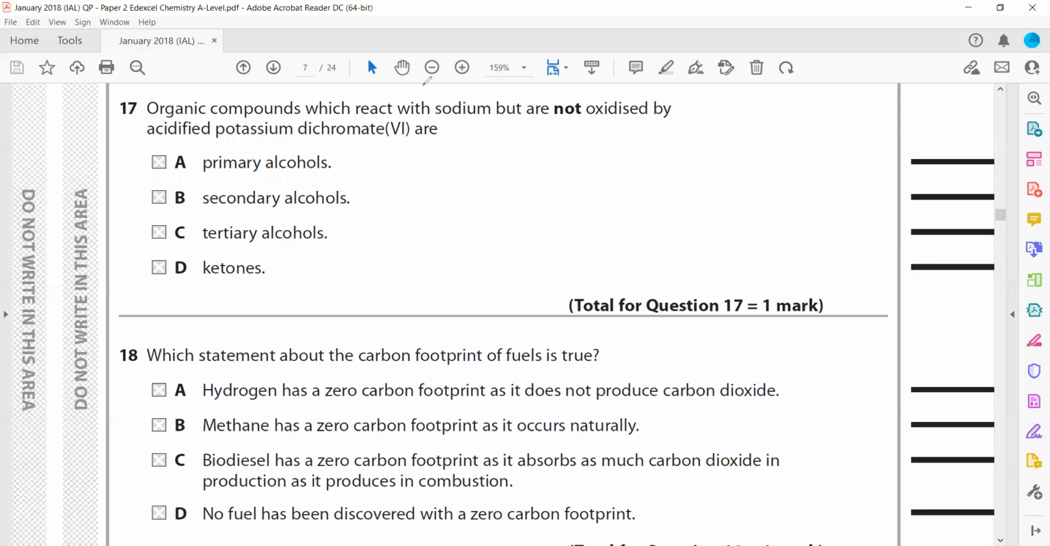Organic compound which reacts with sodium but is not oxidized. So it can be reacted with sodium, but it cannot be oxidized. So it should be a tertiary alcohol, since a tertiary alcohol cannot be oxidized, or a ketone, since a ketone cannot be oxidized. But the second part they mentioned is that it is reacting with sodium. So if it is reacting with sodium, either alcohols can react